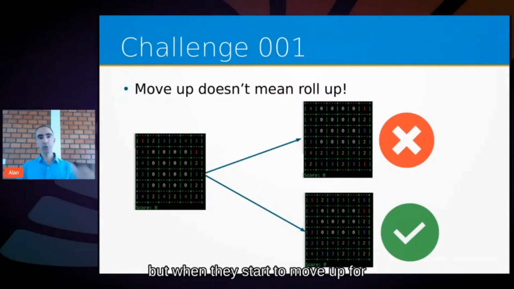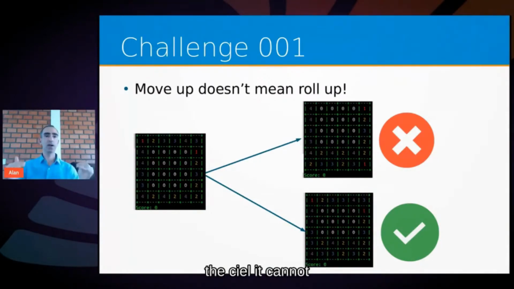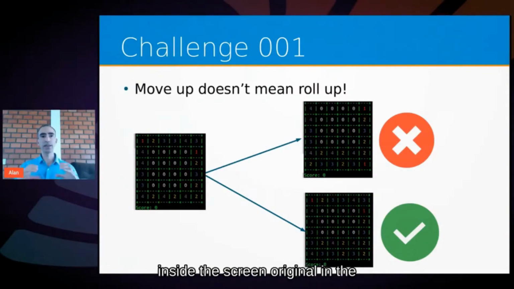But when I start to move up, for example, if I press the move up key, it should move up, but it cannot remove the cell. It cannot remove the block that was inside the screen in the matrix originally. So in this example, if I move up, I need to move the floor. For example, the number 24 for the